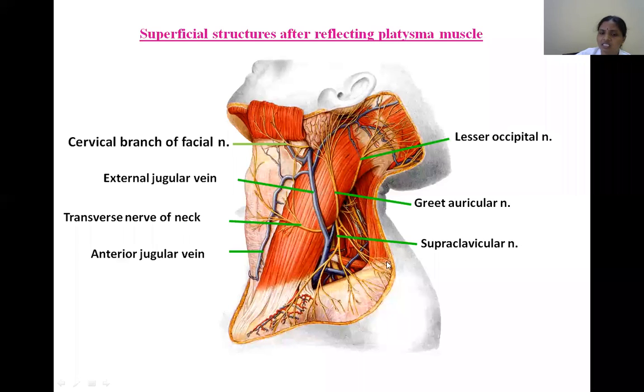Then the lateral branch descends superficial to the lateral end of the clavicle, then reaches the summit of the shoulder. So the lateral and posterior aspect of the shoulder, mostly the skin over the summit of the shoulder, is supplied by this lateral branch of the supraclavicular nerve. In addition, it supplies a joint also. What is the joint present here at the lateral end of the clavicle? Acromioclavicular joint. So here it is supplying that joint also. So this is the detail about the superficial nerves, the branches of the cervical plexus, right?